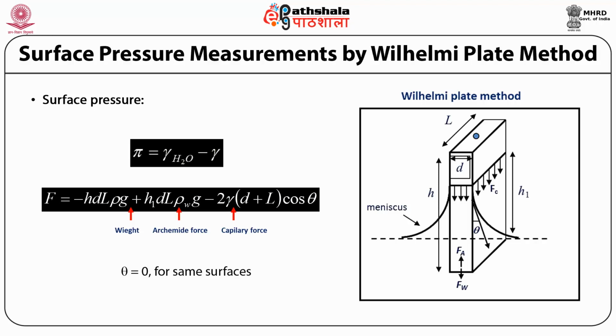When you change something on the surface, this weight and Archimedes force remain the same. Only what changes is this capillary force, which includes the gamma there. So any change in the surface tension of this liquid surface is perceived through it, and that is recorded in the form of some force using this balance,